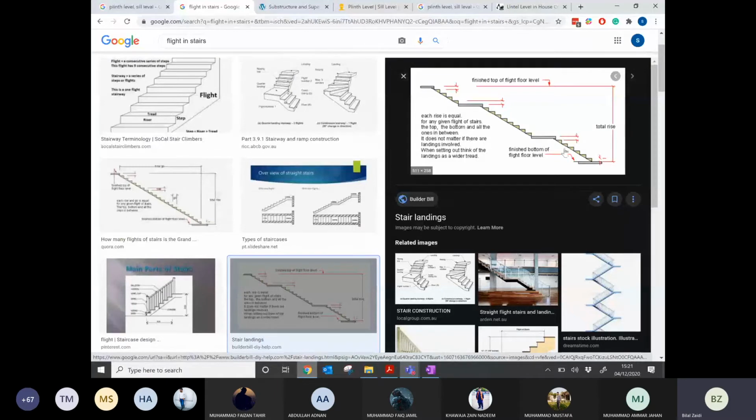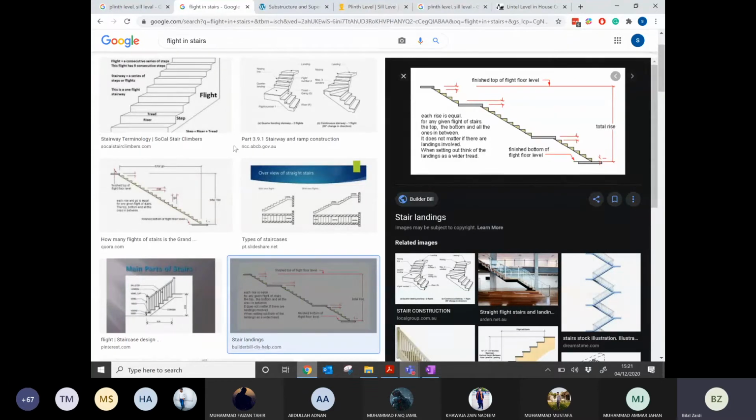This is called a landing. You started from here and stopped here, there was a landing. Then you started from this landing and ended up on the other landing. So this total length between these two is called the flight of a stair.